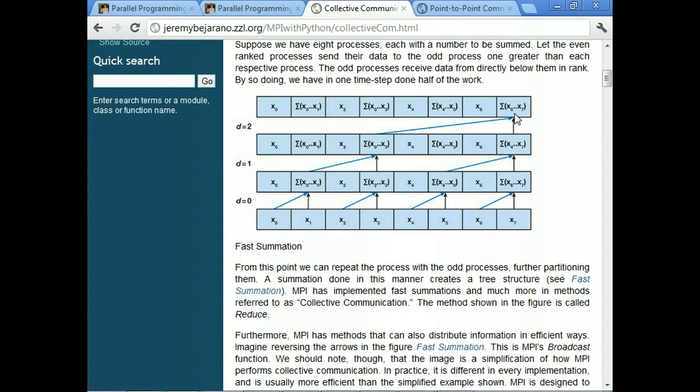Normally, in the last chapter, we would have done that with sends and receives, and so one process would have sent one by one to everybody. But instead, we can do that faster if first this process sends to this one, and then in the next step, that process sends to this, and then in the next step. So this is a little more collective.